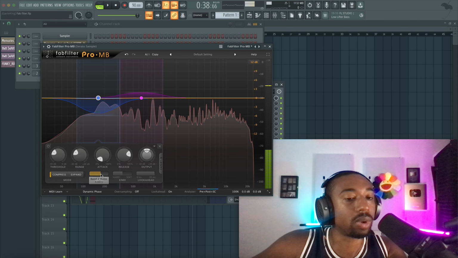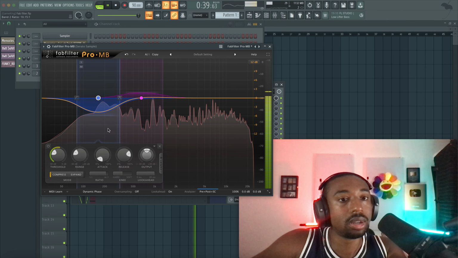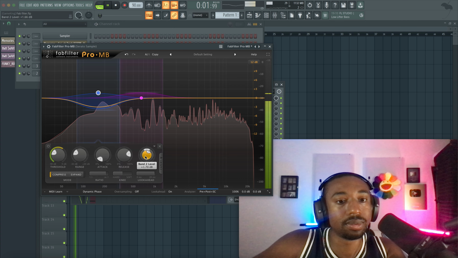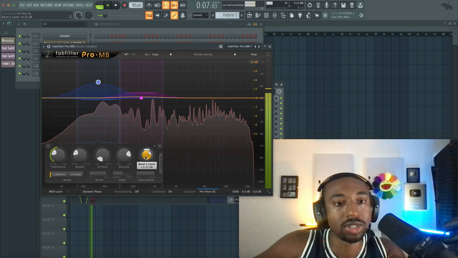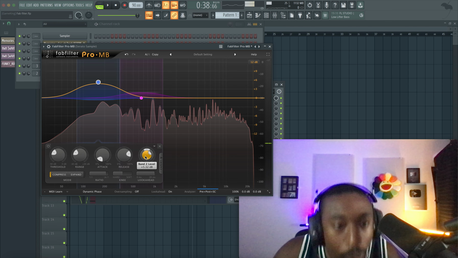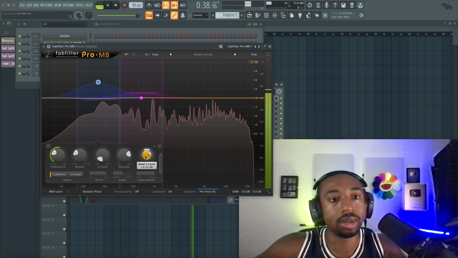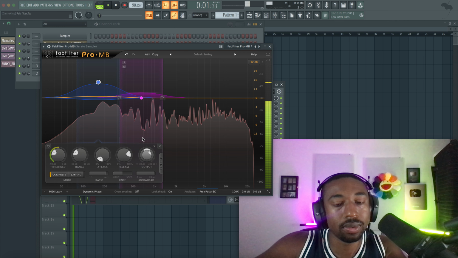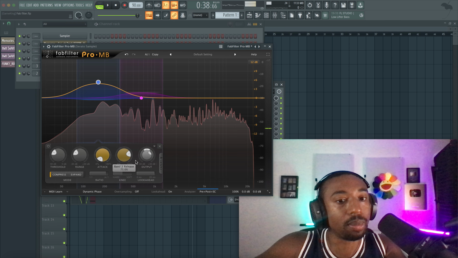You can also increase what's called the ratio to create more of a limiter sound. Basically 10:1 ratio is like a limiter. And that will just have the volume kind of just sit there. You can also turn it up to compensate. So now that low end is very linear instead of like boom, boom. It's not jumpy anymore. It's like dun, dun, dun. It's not jumping around anymore. So that's how we make it feel more linear, is we compress it a lot and then we turn up the volume to compensate.